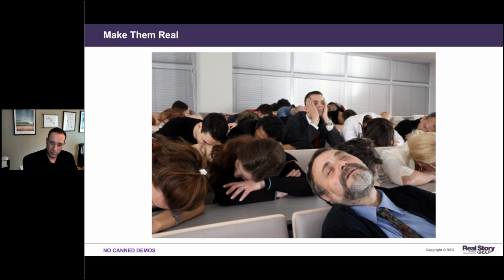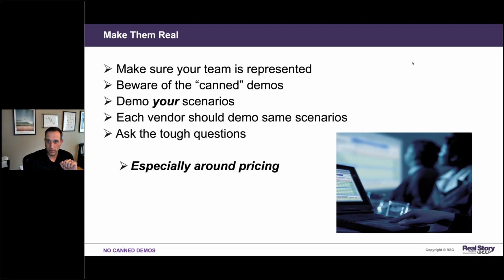But the ones that are the most interesting are the ones that are real, like we mentioned. And so the trick to this is to not let vendors come in and give you the same canned demonstration that they give everyone else. The one that looks slick and perfect and shows you their latest features that they just added last week, last month, last quarter. But instead, you want to make these demos from the vendors speak to those scenarios that you wrote, so that the people witnessing the scenarios on your selection teams can actually see themselves working within the system. They can actually see how it's going to impact their lives, and that's where it's really important.